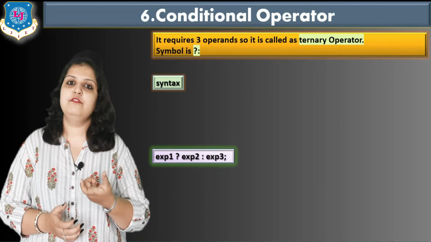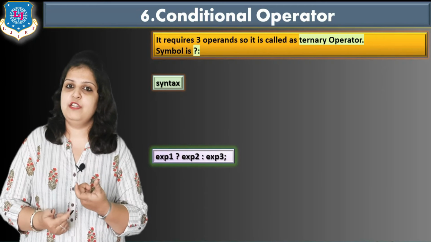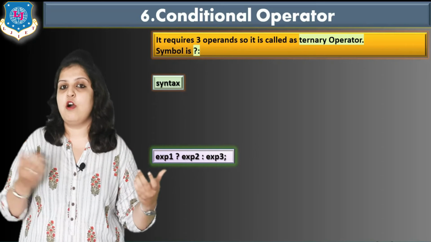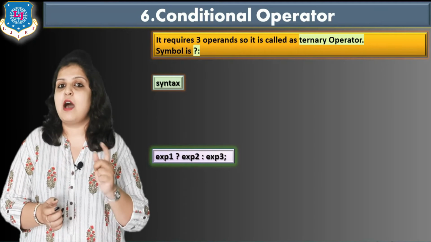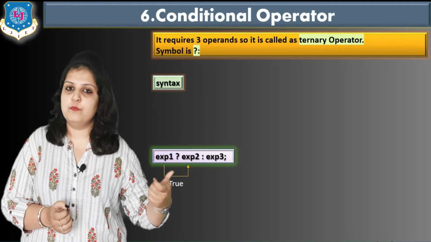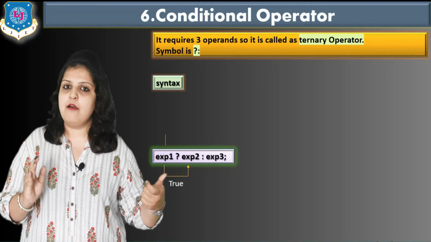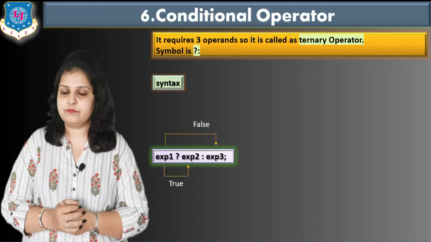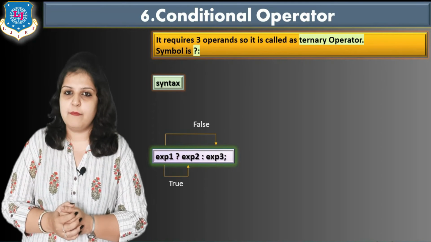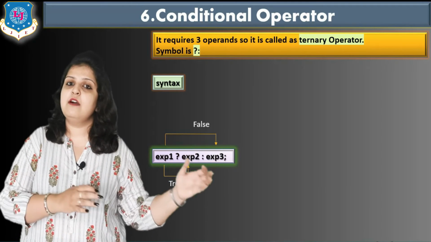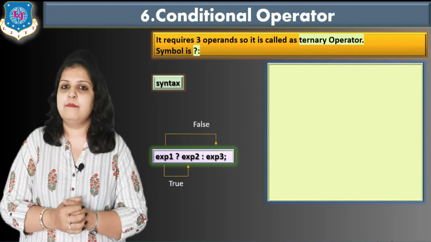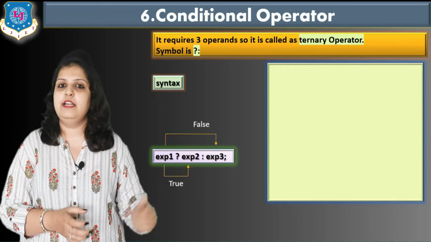And how can we write the syntax of this conditional operator? First we have to write expression 1, and for expression 1 we write one condition, and the condition will be true or false. We have 2 possibilities. So after the question mark we write the true part, that is our expression 2. Then after that, a colon, and after the colon write the false part. So in this way we can write the syntax using the conditional operator. The same program which we wrote with the relational operator for finding the maximum number among 2 numbers, we can write using the conditional operator.